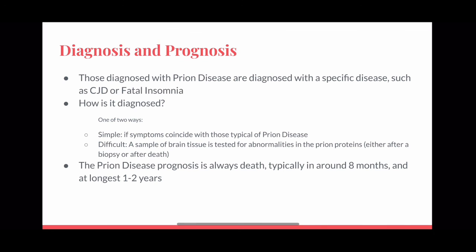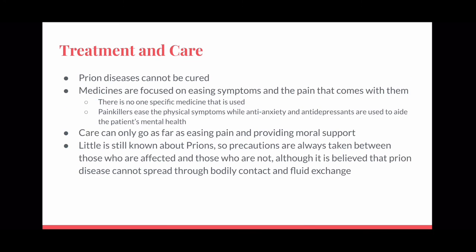And again, the prion disease prognosis is always death, typically in about 8 months, and at longest 1 to 2 years for CJD. So in terms of treatment and care, prion diseases cannot be cured, so medicines focus on easing symptoms and pain that come with them and come with the knowledge of death. So painkillers for physical symptoms and antidepressants and anti-anxieties. And again, care can only go as far as easing pain and providing moral support. Little's known about prions, so precautions are always being taken, but there's no evidence to support that they can be spread through bodily contact. Prevention, again, there's